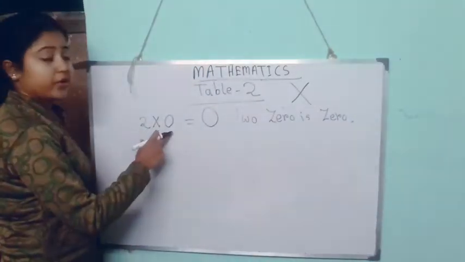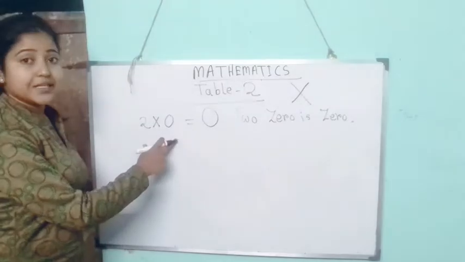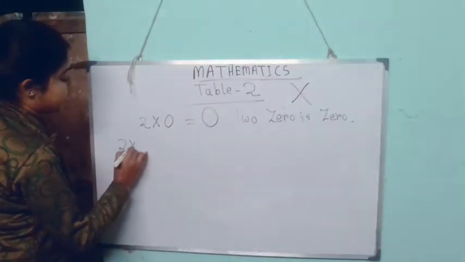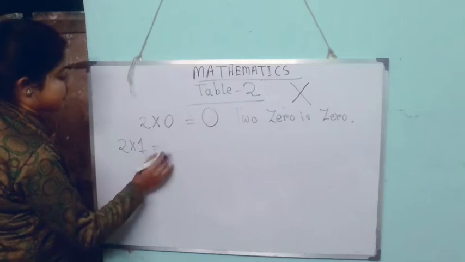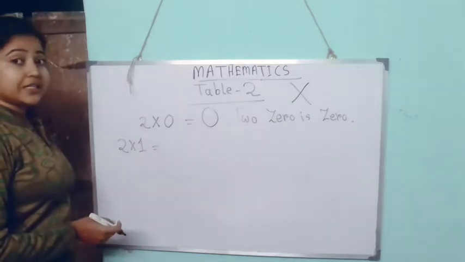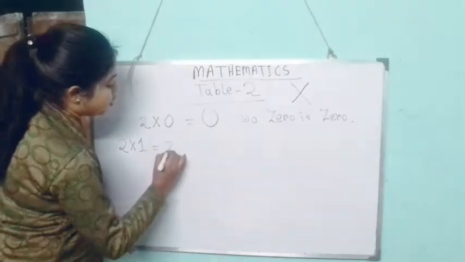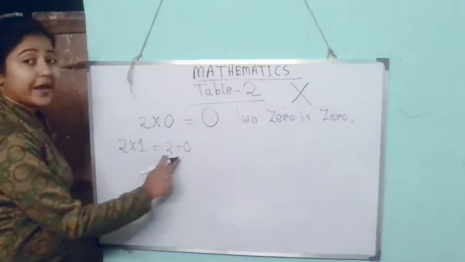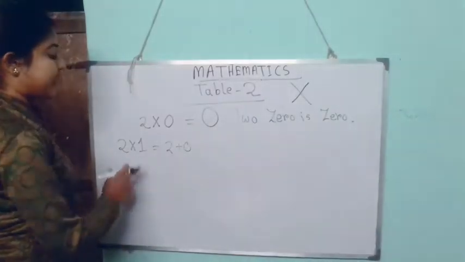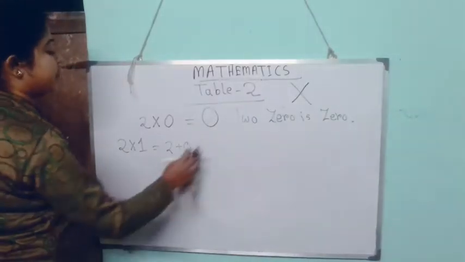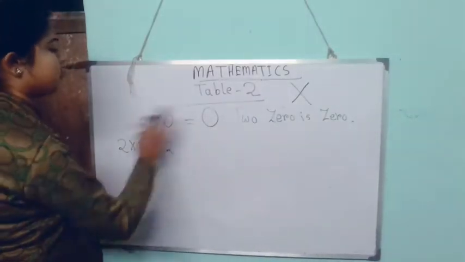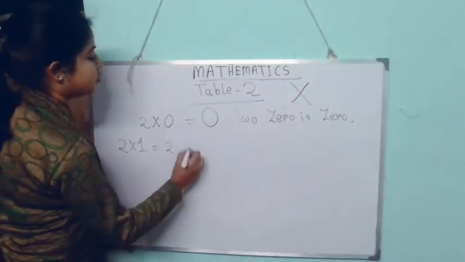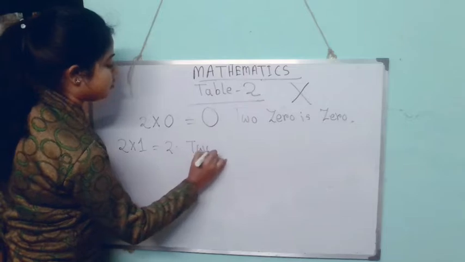2 times 0 is 0. Then we write 2 into 1, right? So how can we do this? By repeated addition. 2 plus 0, 1 time 2, that means only 1 time. We will write only 2 here. We don't need to write the 0. So 2 ones are 2, we can write here 2